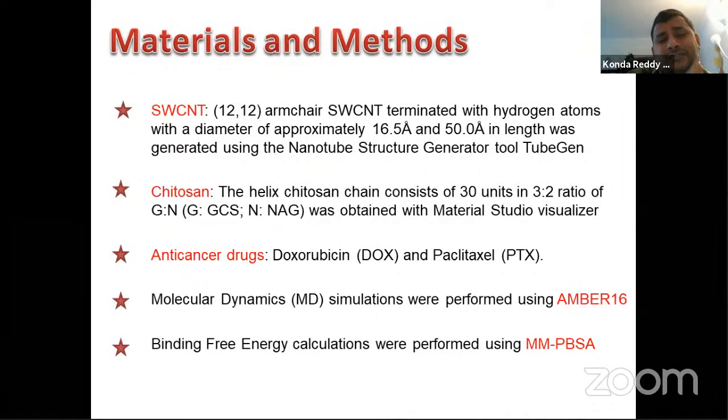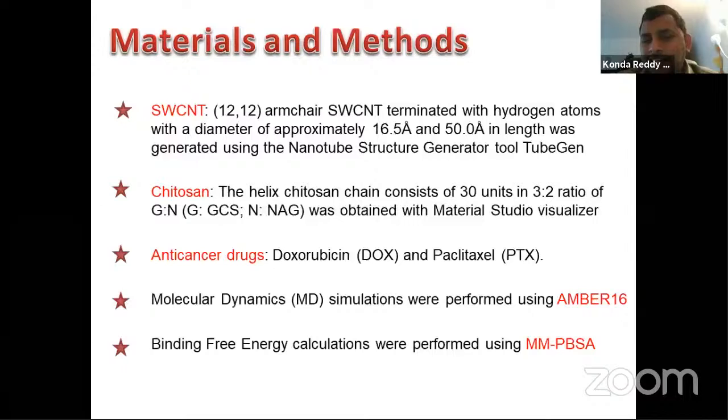the length, we have tried multiple angstroms. Of the carbon nanotubes, in terms of diameter, we have tried different levels, but we found 16.5 angstroms. I'll tell you why I've used 16.5 angstroms as the diameter of the single-walled carbon nanotube. We have done one more study, which is the encapsulation study. We want to fit these two drugs, both DOX and PTX,